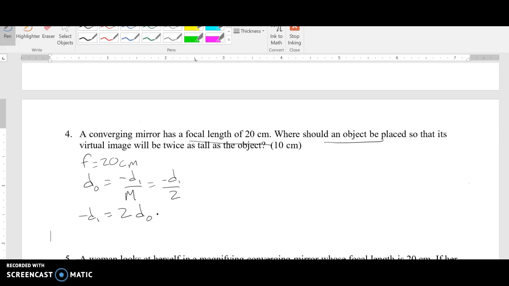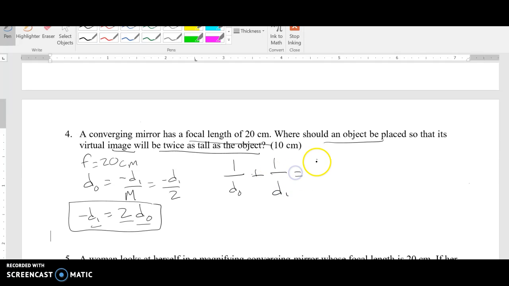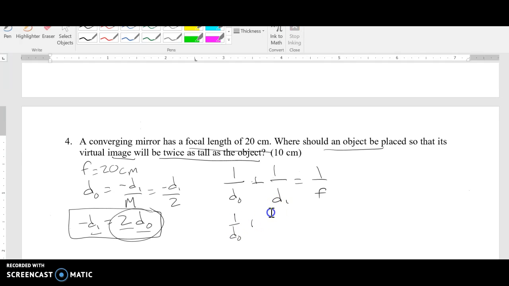And what that says is that the image will be twice as tall as the object. The image is twice as tall as the object. So this is important. Moving on. So now we go to the original formula where it's 1 over DO plus 1 over DI equals 1 over F. So we can substitute. We know our DI now. It's negative 2DO. Say 1 over DO plus 1